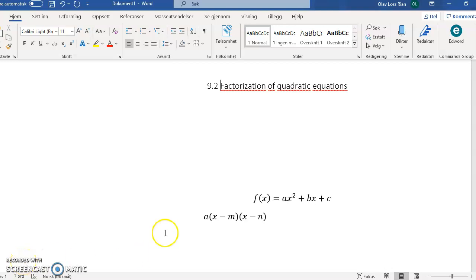We'll have a look at two things. First, factorization of quadratic equations. And what you want to do then is to go from this form of an equation to the other type here, where you have these parentheses. So for example, if we have something like